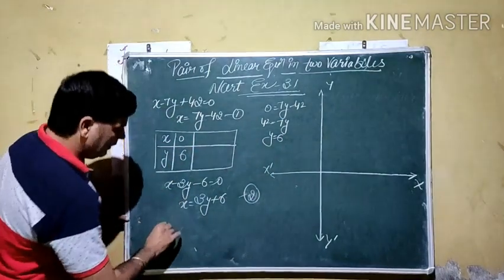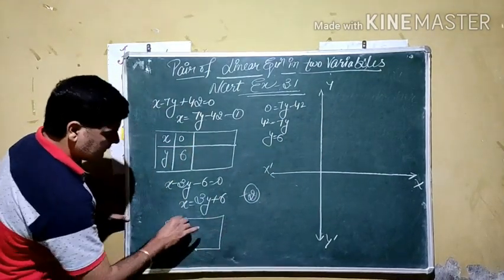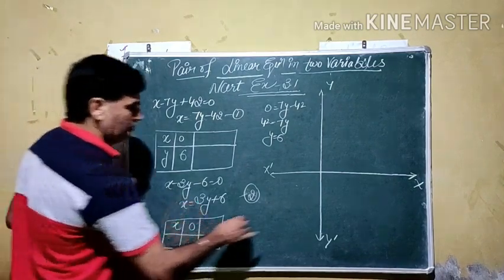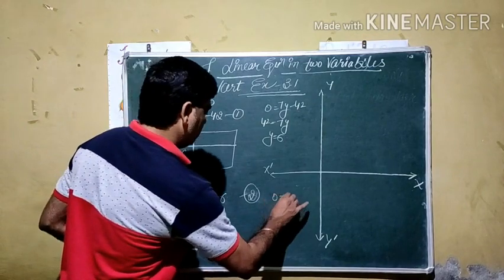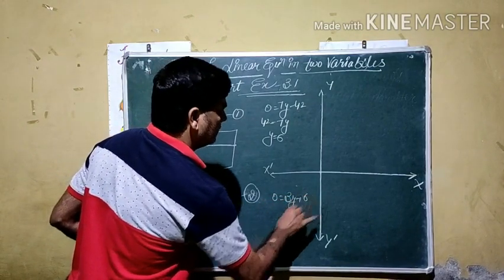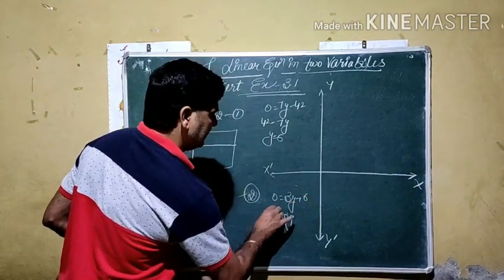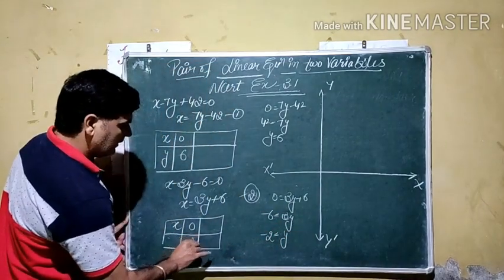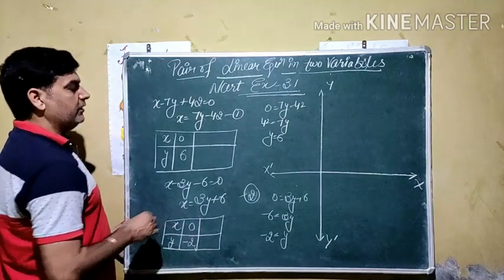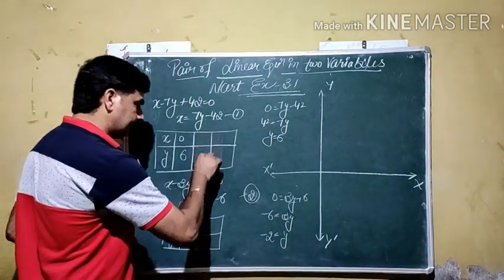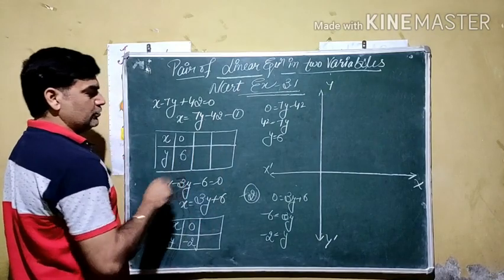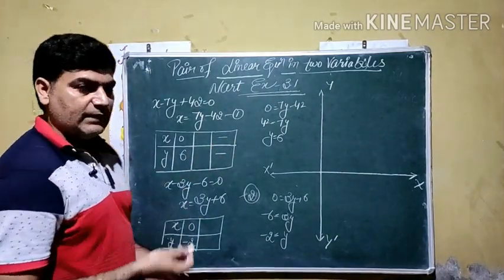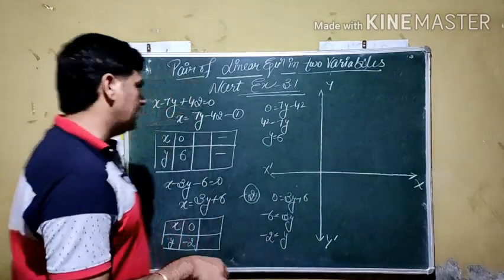Same here, we are going to use x equal to 0 first. If we use x equal to 0, we get 0 is equal to 3y plus 6. So 3y becomes minus 6, and the value of y becomes minus 2. One more solution is required, another value. This is not required, a third one. It is our choice. We can take more than 2, otherwise the minimum of 2 is the requirement.